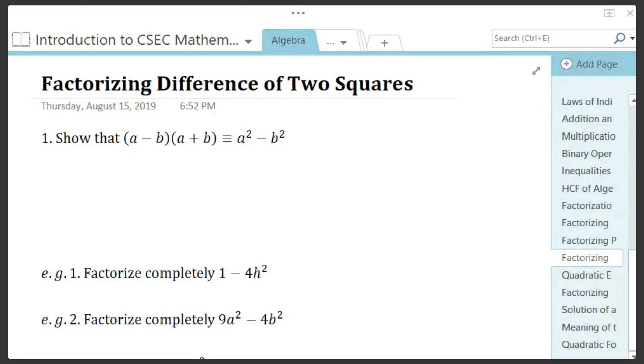Okay, I'm gonna start here. So this afternoon we'll be looking at factorizing of